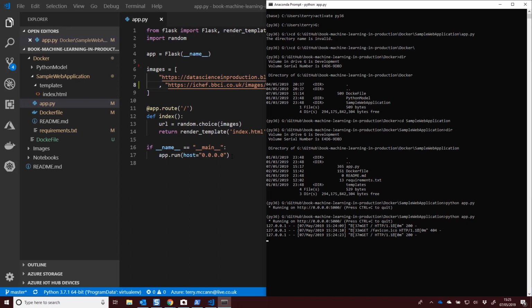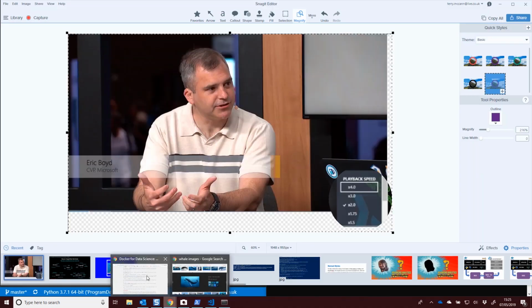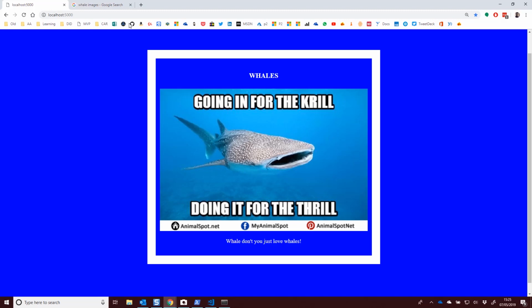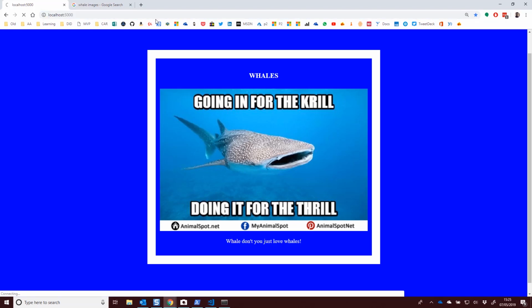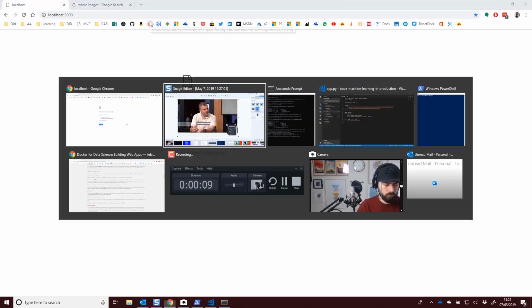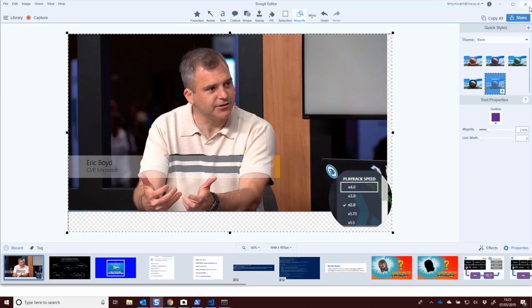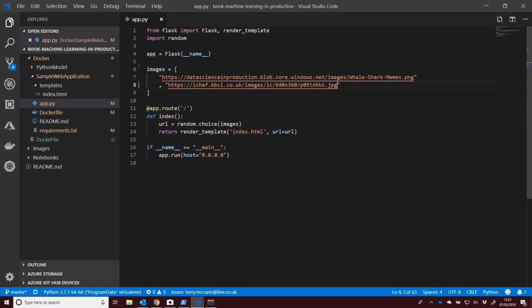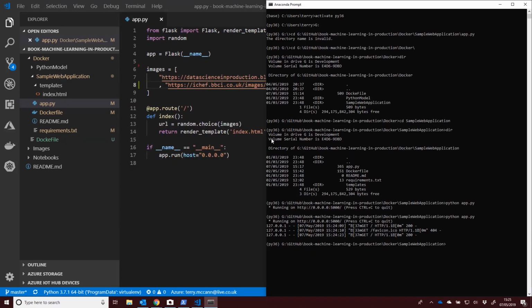Now, I could say what I want is debug to be equal to true, and that would have torn down my application and rebuilt it, but I don't. So I'm going to crash the app. So I'm just pressing Control C here to crash my Python window. If I come back over here and I try and run this, it should fail. That does fail. So now if I close that one, if I come back over in here, what we can see is, if I get this guy running again,